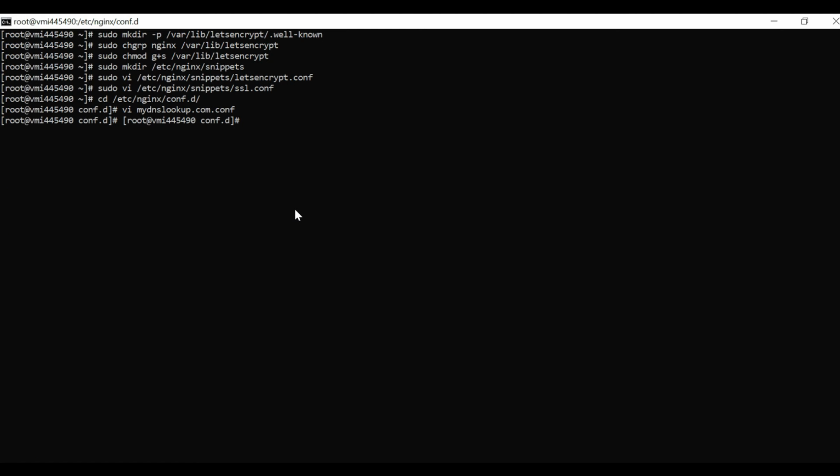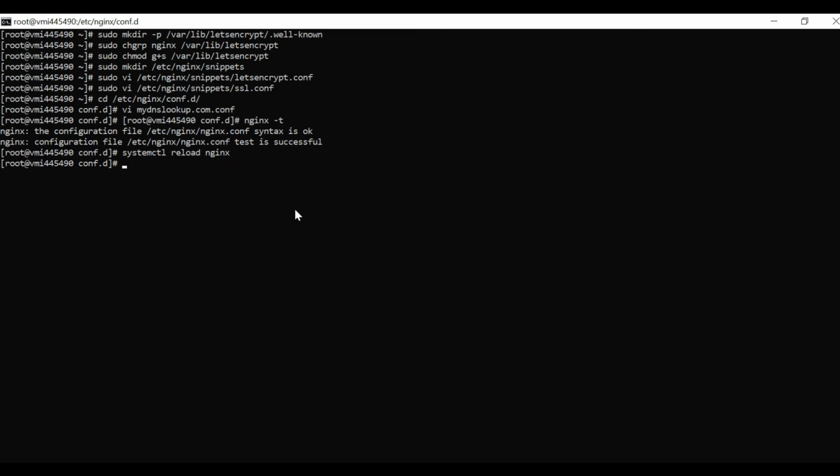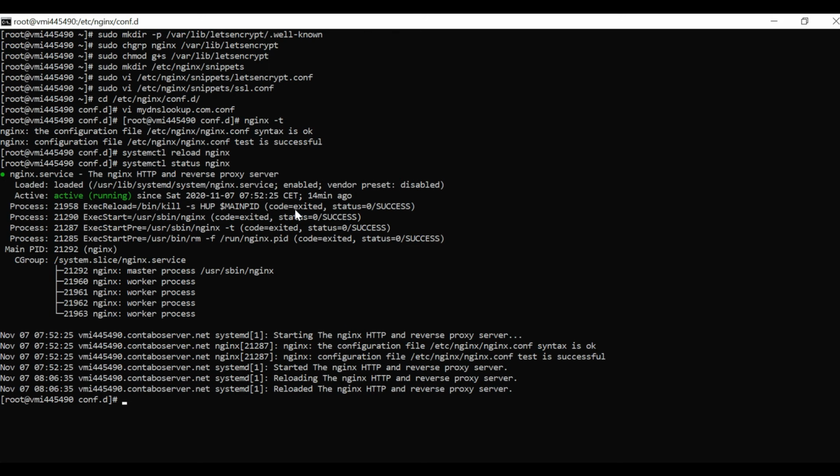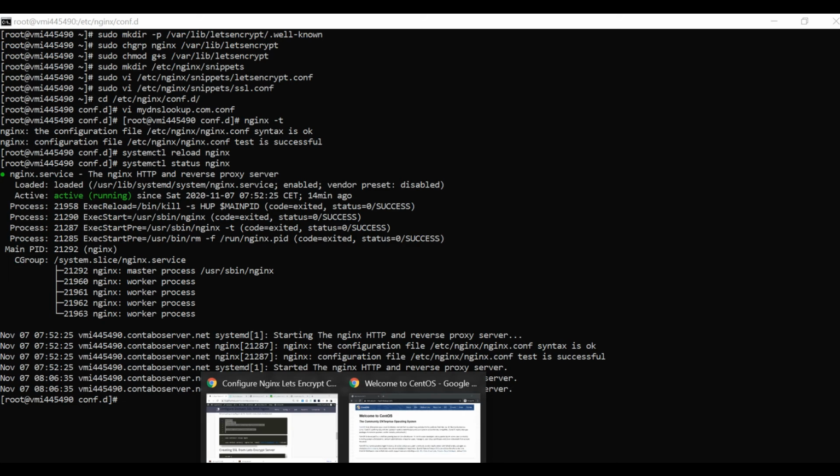If you want to test it, nginx -t is the best way to test it. Your configuration looks good, so the nginx test is successful. Now what you have to do is systemctl reload nginx. I just wanted to reload nginx and verify that it has started properly or not. systemctl status nginx. Yes, my nginx is running right now.